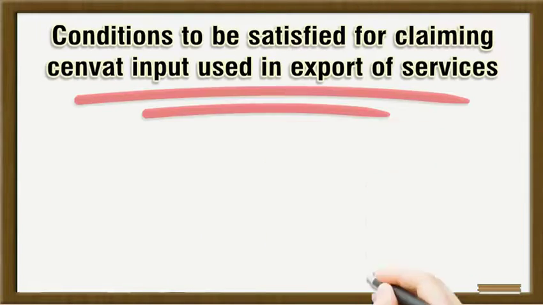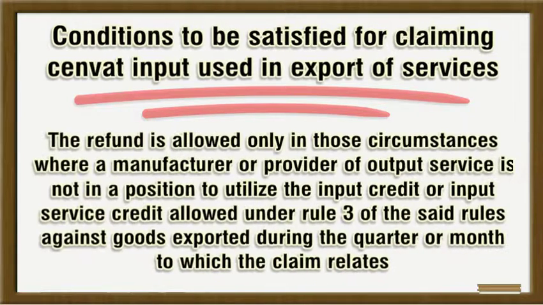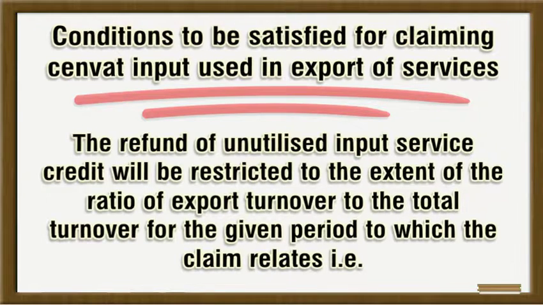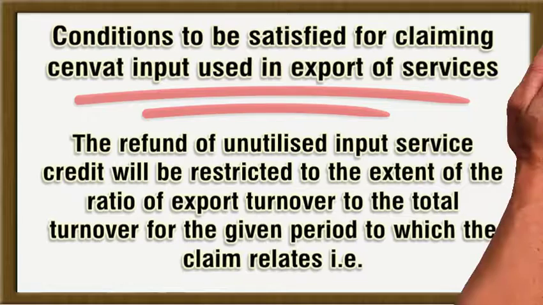Conditions to be satisfied for claiming CENVAT input used in export of services. The refund is allowed only in those circumstances where a manufacturer or provider of output service is not in a position to utilize the input credit or input service credit allowed under Rule 3 of the said rules against goods exported during the quarter or month to which the claim relates. The refund of unutilized input service credit will be restricted to the extent of the ratio of export turnover to the total turnover for the given period to which the claim relates, that is: